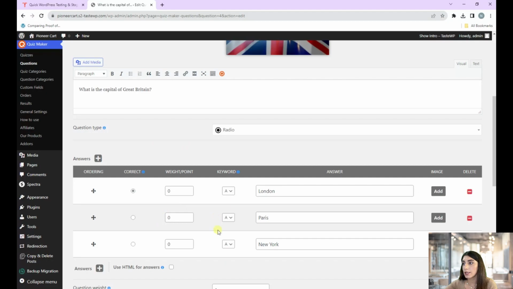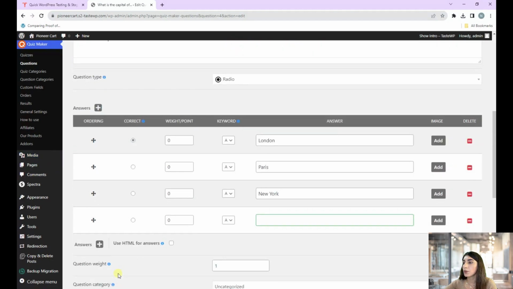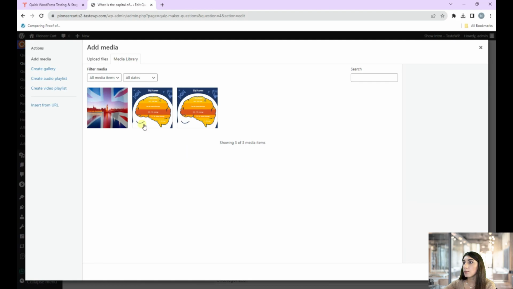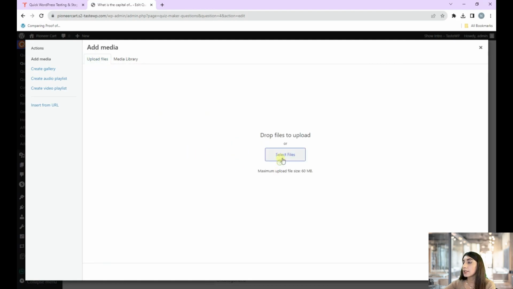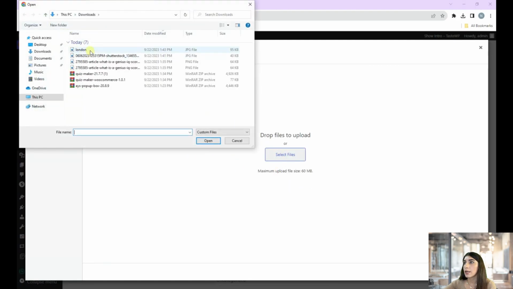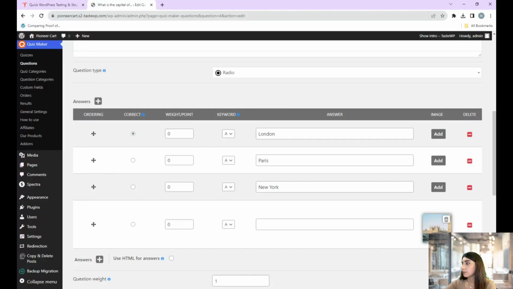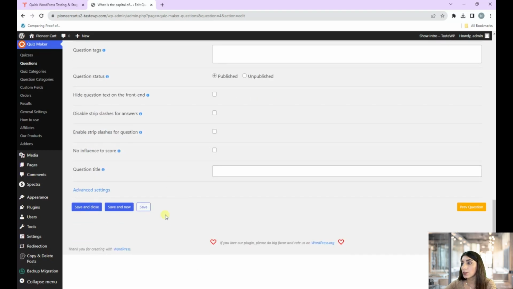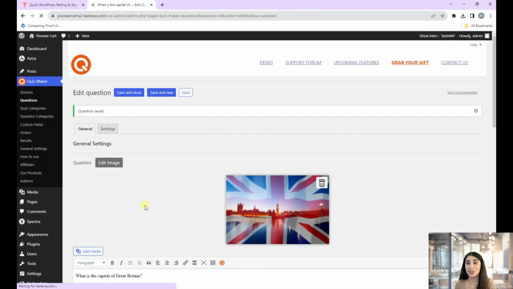Here we have the answer section, and you need to just add one here. Here you can type your answer, and from here you can add your image. Again, in the same way. Okay, and this is how you can do it. After doing everything here, you need to click on Save, and your questions will be ready. So this is how you can do it.